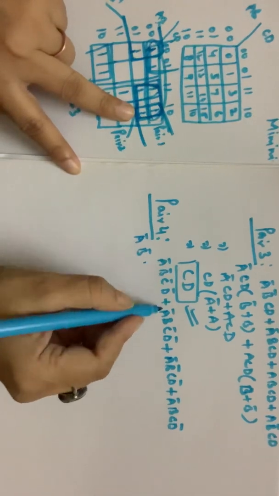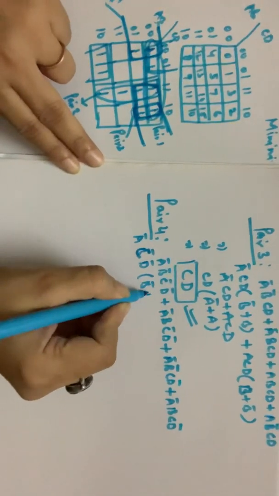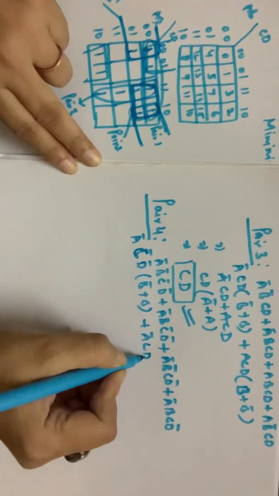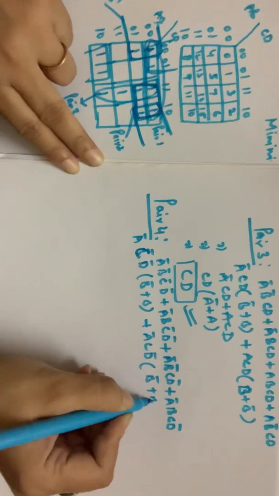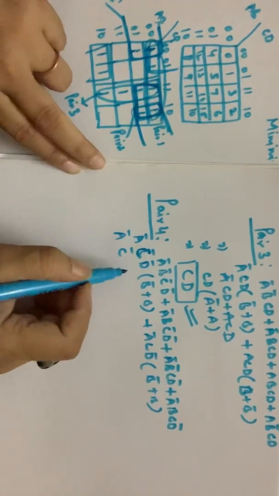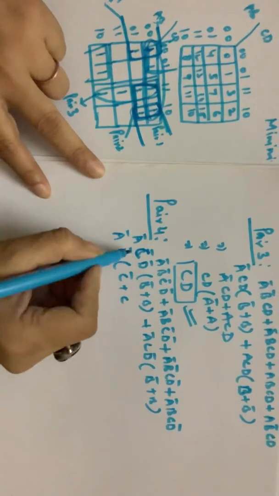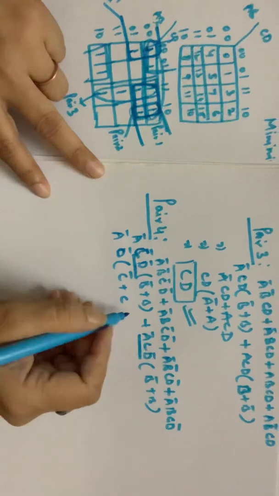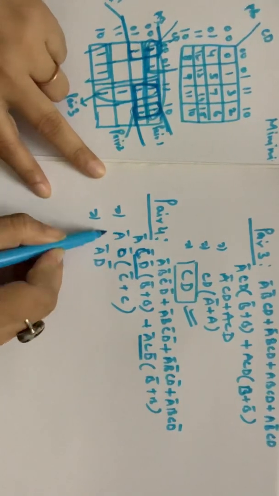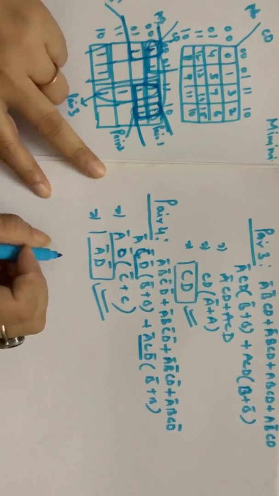A bar, B bar. B bar is not common here; it is C bar and D bar. We get B bar plus B is common, plus A bar, C, D bar is common. So B bar plus B. Then A bar, C bar, A bar, D bar is common, then C bar plus C. I've taken these two common values directly, so I get the value A bar and D bar. Okay, so I get the value as A bar D bar.